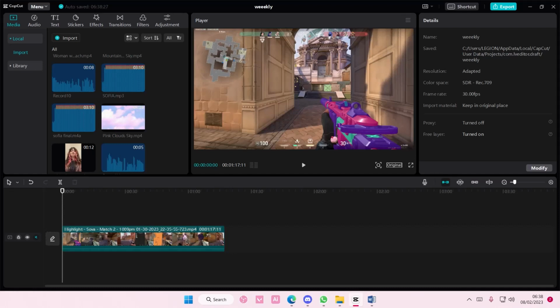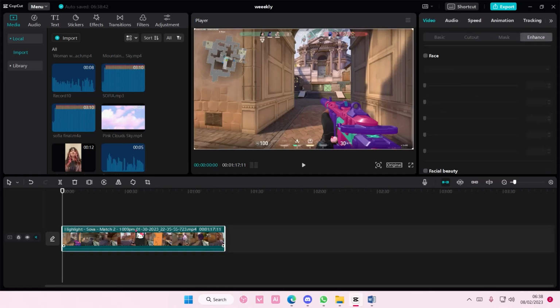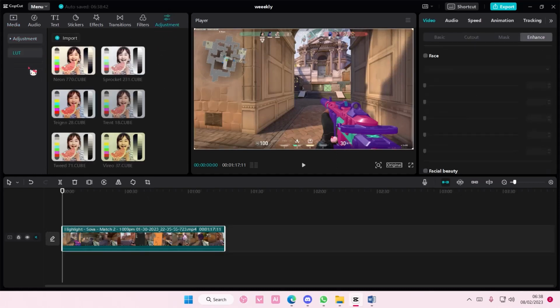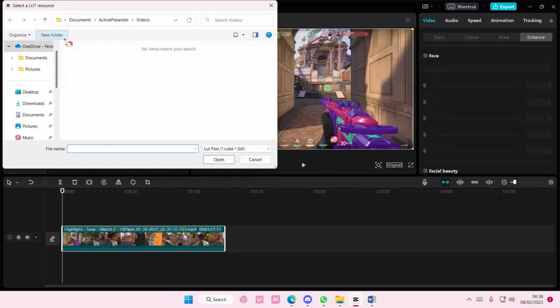In this video I'll be showing you guys how you can color grade using LUTs on CapCut PC. So you are going to select your video, or just go to adjustment here. Actually, you need to go here first, select LUT and select import, and you're going to